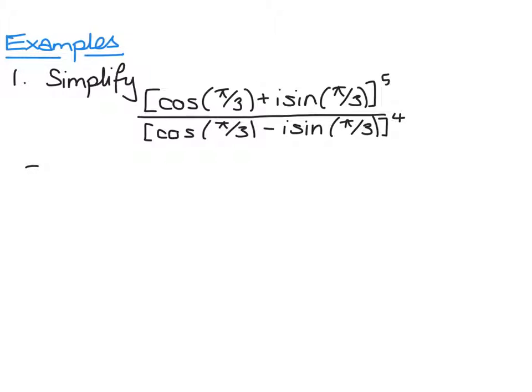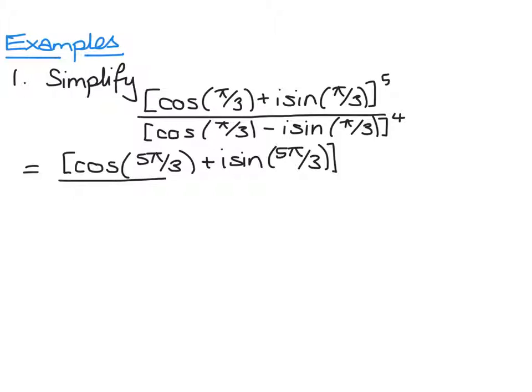So we can use de Moivre's theorem to move the power of the numerator inside the brackets. So we get that this is the same as cos 5 pi over 3 plus i sine 5 pi over 3, all divided by